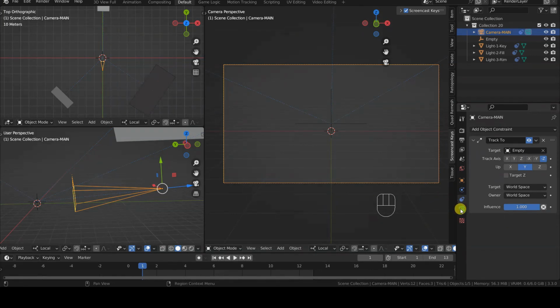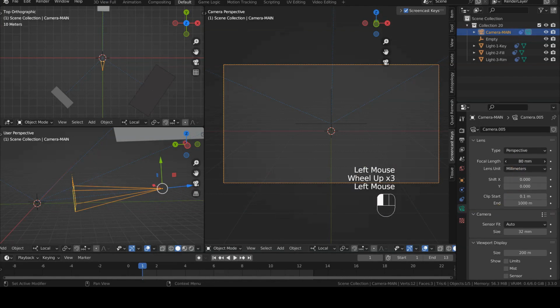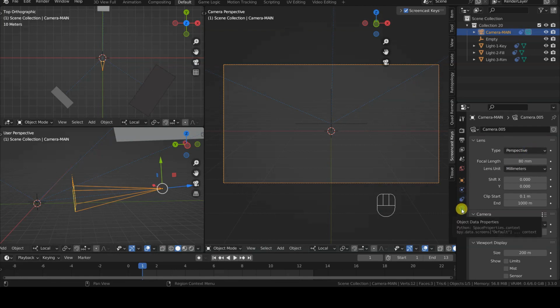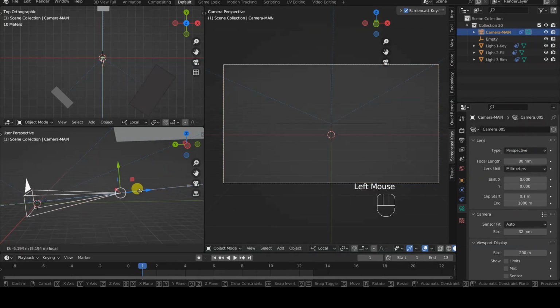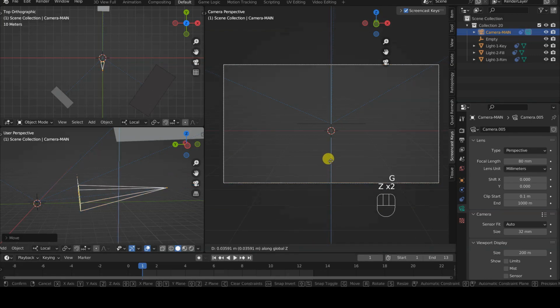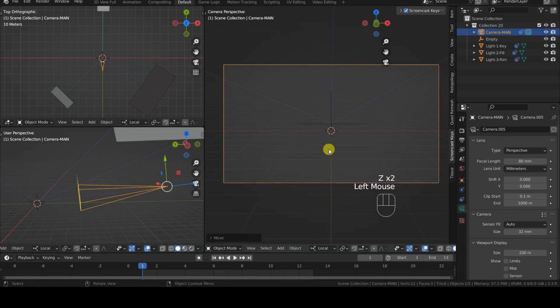Another setting concerning the main camera is its focal length, which is found in the Object Data Properties tab of the object. In this case, it is best to set a high value, for example 80 or 110, to reduce the distortion effects due to perspective. Anyway, we will see a practical example soon. Now that we know that the camera's framing axis is local z, we can also move the camera away from or closer to the empty by moving along that axis, simply by using G Z Z.